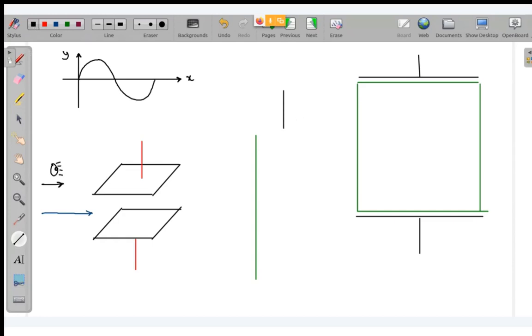One thing I want to share: in this CRO screen, this is your x-axis, this is your y-axis. Now see very carefully. Basically, this plate is kept horizontally, but why am I calling it the vertical deflecting plate? See, if I pass one electron, this electron is passing. So in this screen, basically this screen,